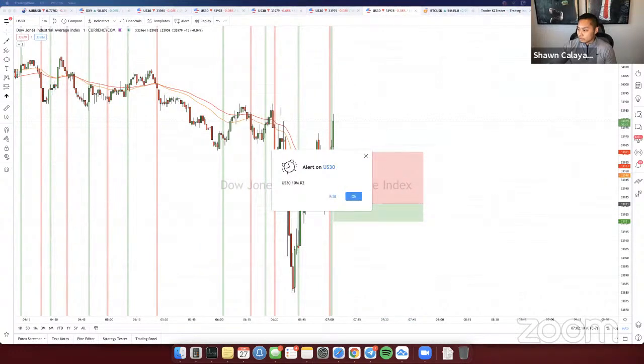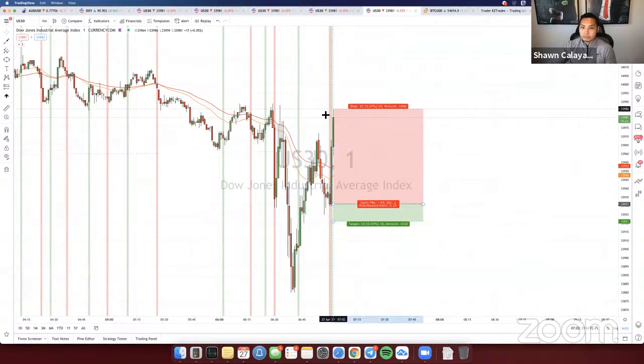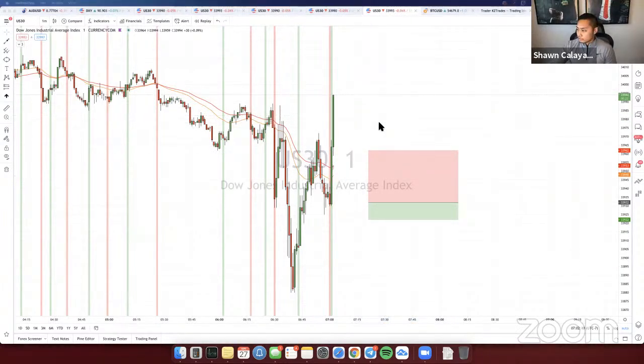So I might just manually close it out. I took a smaller position on this. I took like a one lot because I knew it was going to be risky. Let's see. Holding on to it. Let me see where the 50 mark is at. It passed the 50 mark too. Yeah, so I might manually close it out. Let me just see where it's at. Holding on to it a little longer because it might just come right back down.